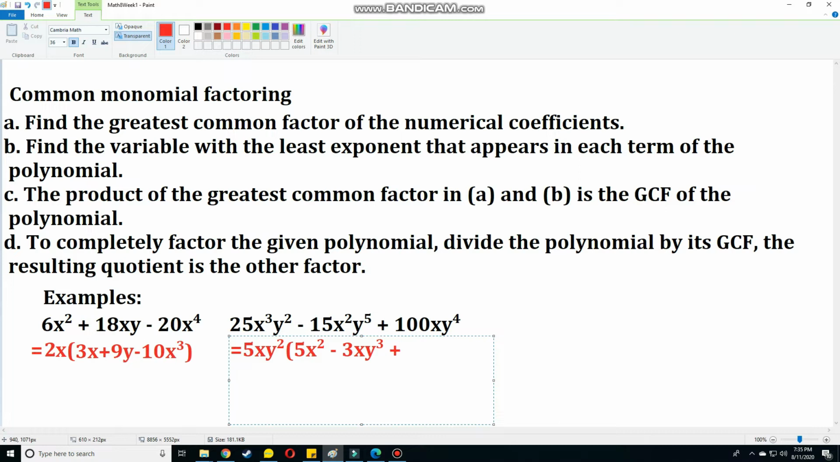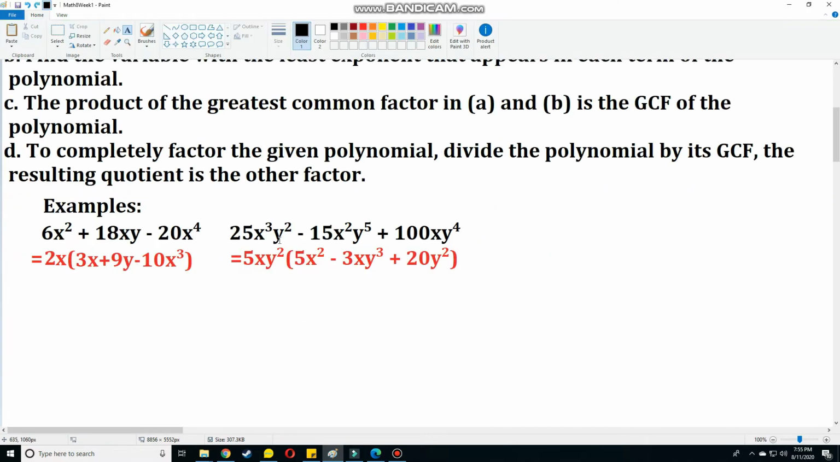And plus 100 divide 5, that is 20. Then we have x divide x, that's equal to 1. So we are no longer writing it because 20 times 1 is still 20. y to the 4th divide y squared, that will be y squared. And this is our